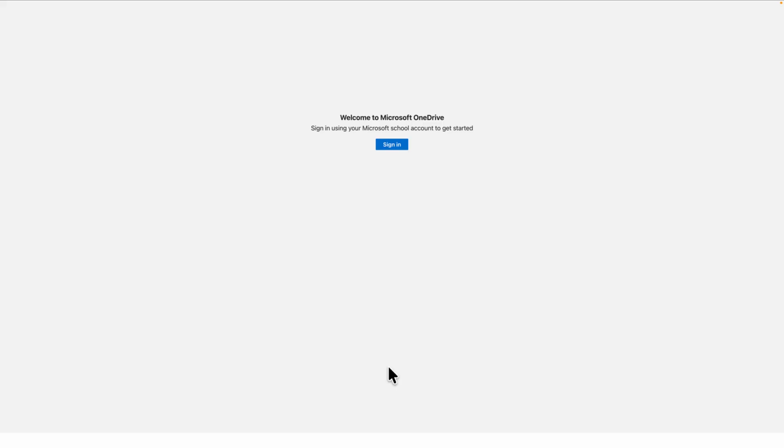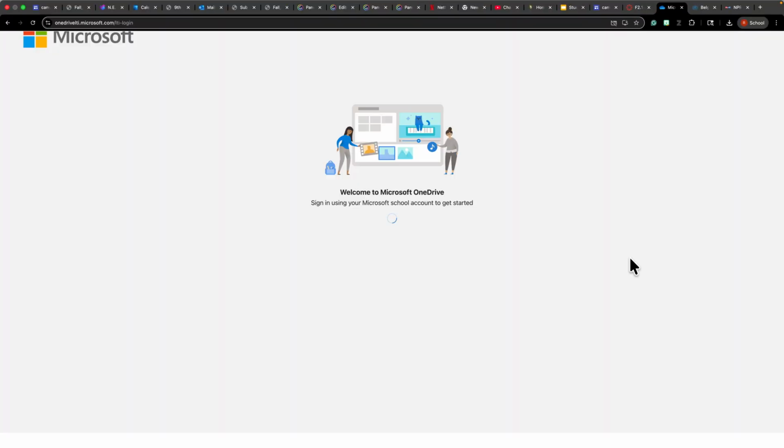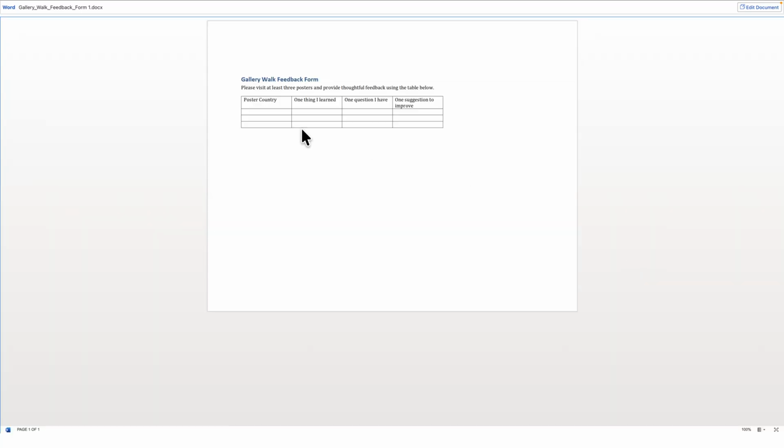When you're finished with your poster, and not till everyone's finished, can you go back to Canvas and get this feedback form. The feedback form is built inside of Word. If you have difficulty opening up Word, you can use Google Docs, you can make a table, you can do it on paper if you need. But what I want you to do is put the other group's countries, not yours, on this gallery walk here. So if someone else did Brazil, you'd put Brazil here. I want you to write one thing that you've learned, one question you have about their poster, and one suggestion